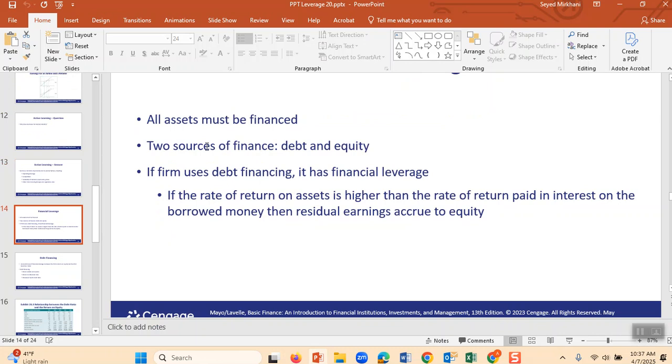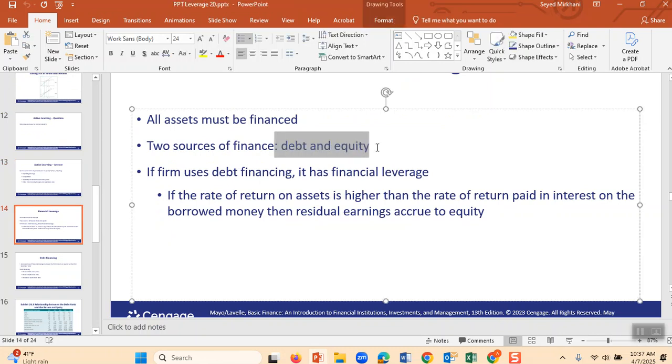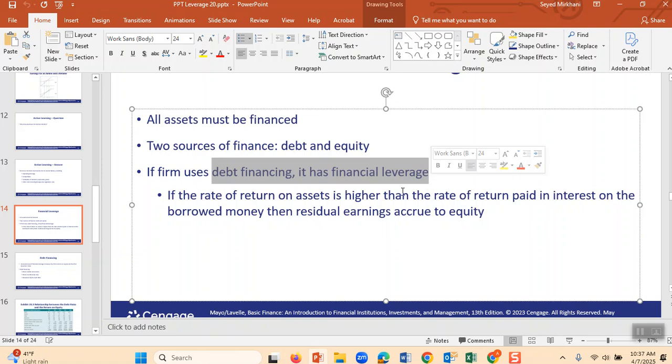Assets might be financed either through debt or equity. We already told you the example of the restaurant, where you wanted to own all of it or bring in the doctor. If firms use debt financing, it has financial leverage. It means that it is using a bank's money to lift a huge profit for itself. Of course, it takes a risk as well.